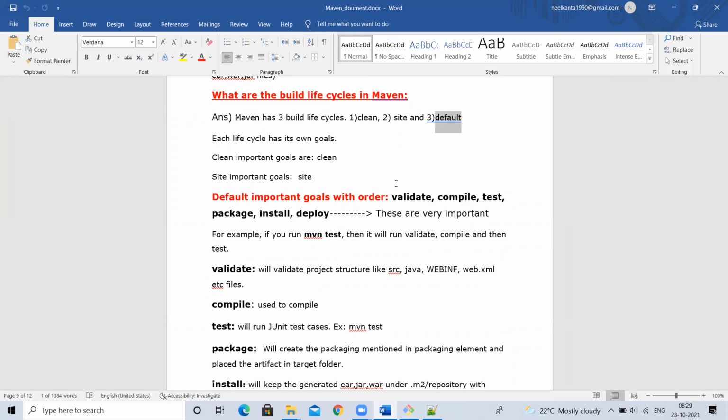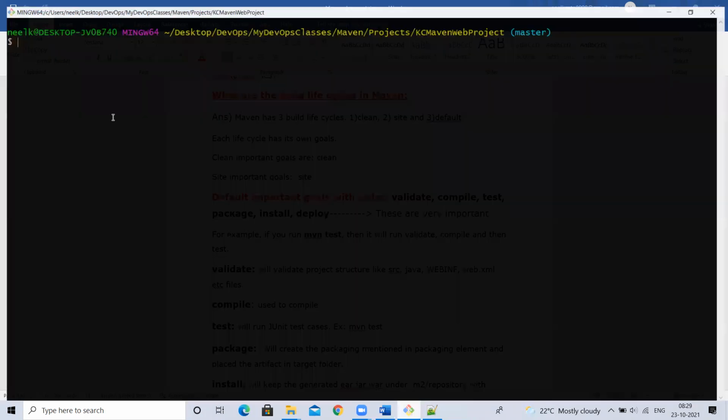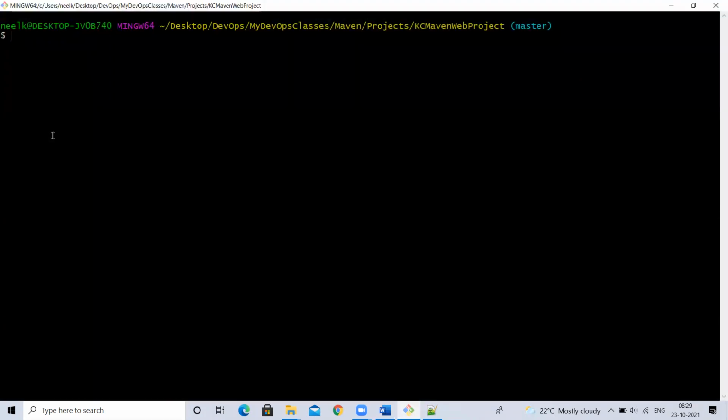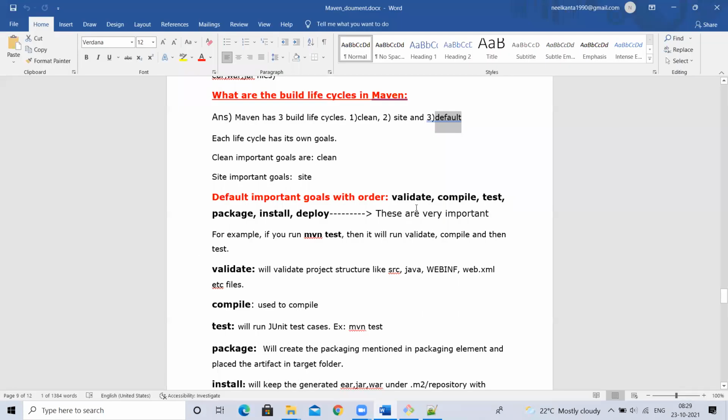That is the important thing. So what will clean do? That is how to use two phases from life cycles. See, this is a life cycle and these are the phases. When we use them here, this becomes a goal, meaning what I want to achieve using those life cycle phases. We call it a Maven goal. So for that Maven goal, we use these life cycle phases. Is it clear what clean is, and what validate, compile, test, package are? Understood, guys? Clean will always delete the target directory.